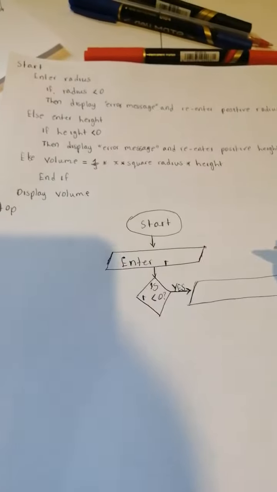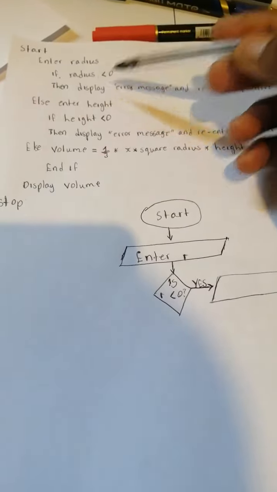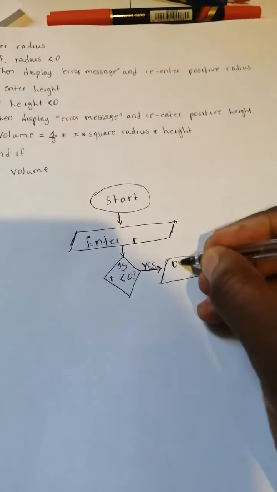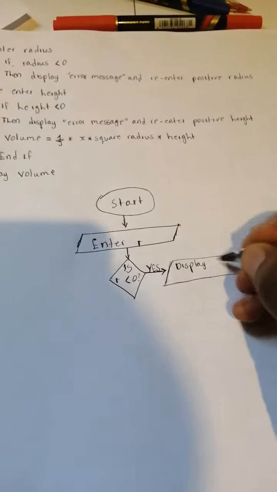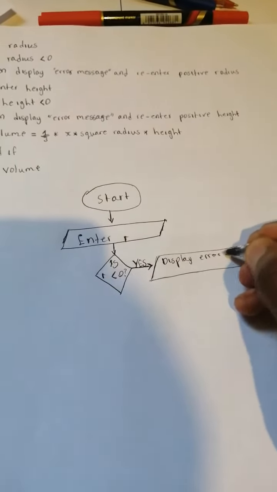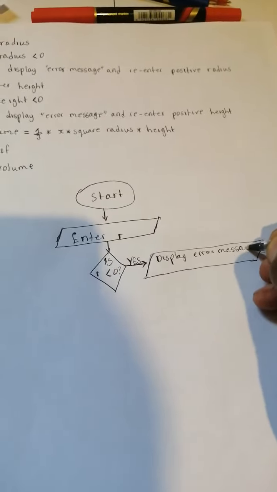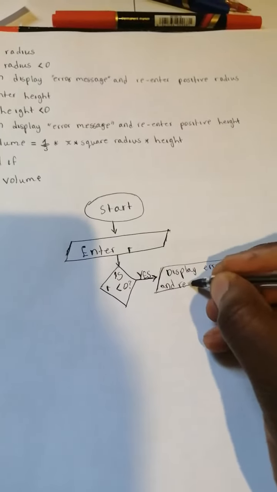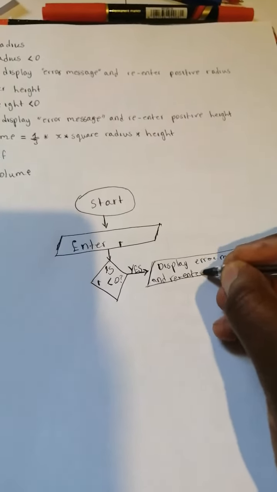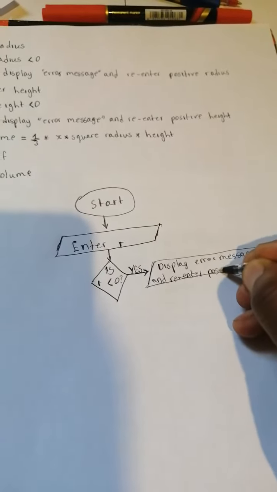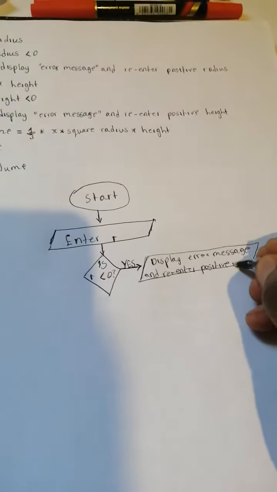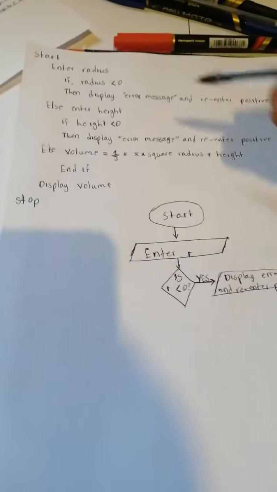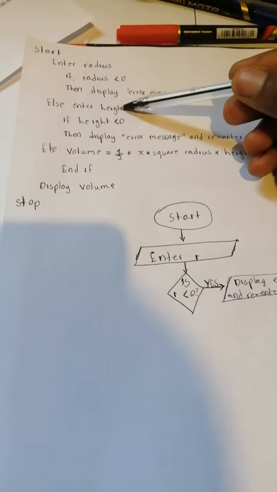After drawing this parallelogram, I'm going to write whatever you see here. I'm going to say display error message, and then enter positive radius, like that. After writing this, I'm going to move on to the next step, which says else enter